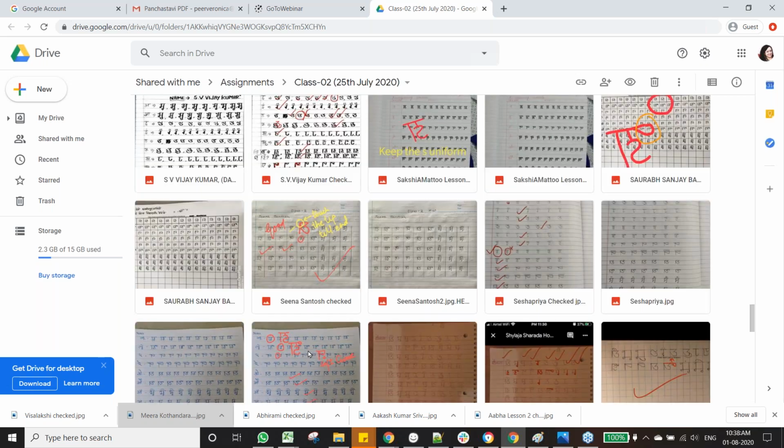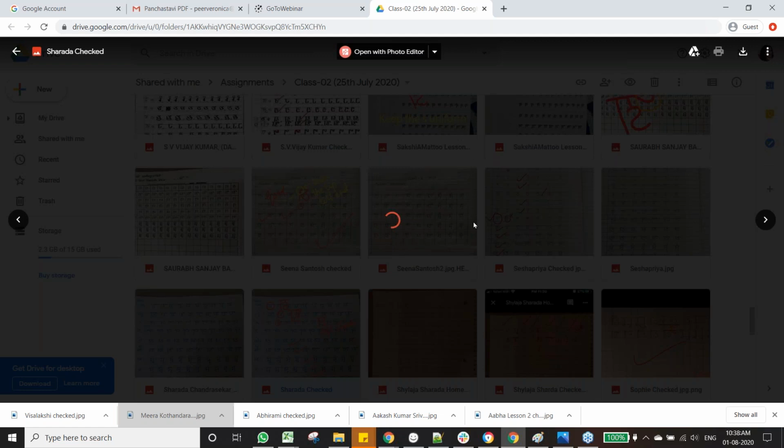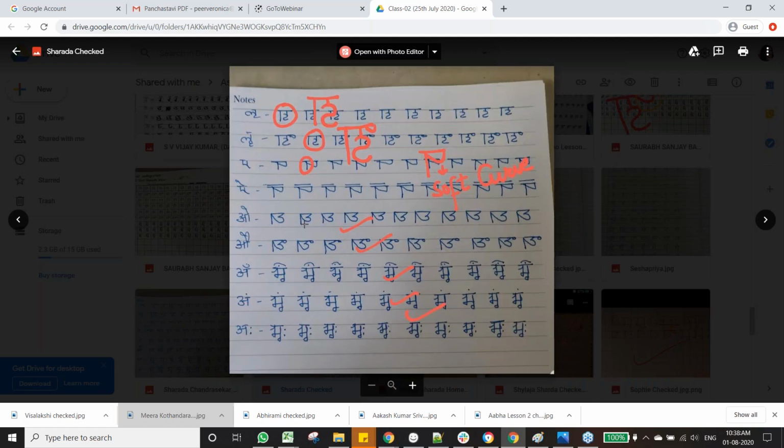I'll show 2-3 more assignments here. See here, in this one, again, the shape of the curve at the end needs to be improved. This is the shape, I will show how it is.